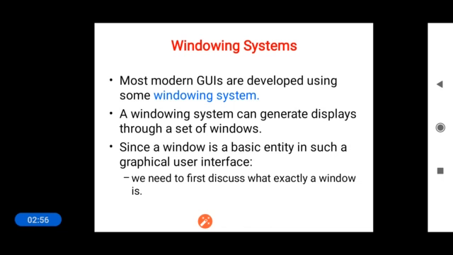Most of the GUIs are developed based on this windowing system, and this windowing system can generate displays through a set of windows. That means here no more a command based interface is required. We don't require any terminal to enter the commands and to get the services from the application.